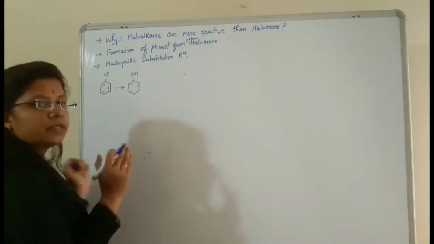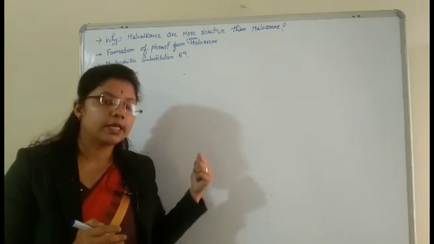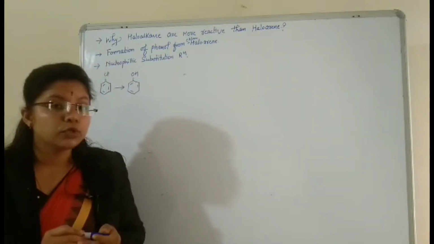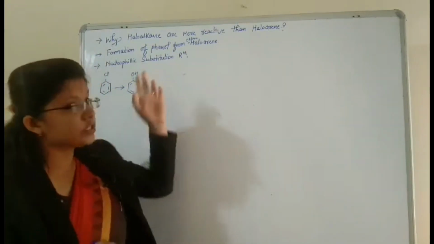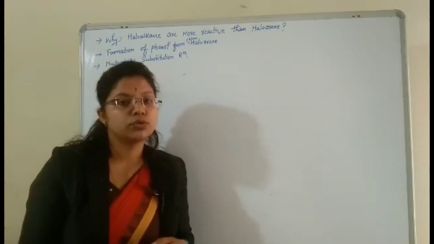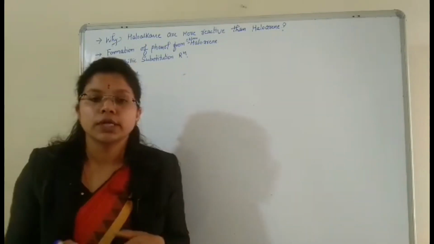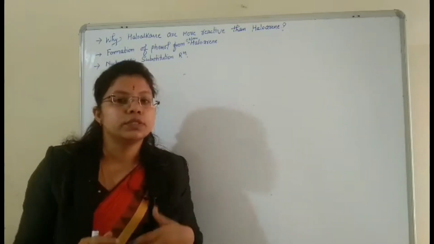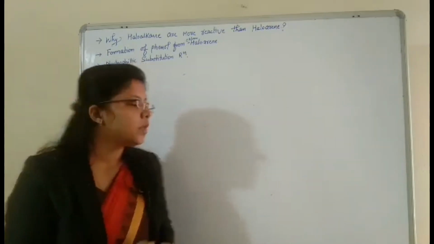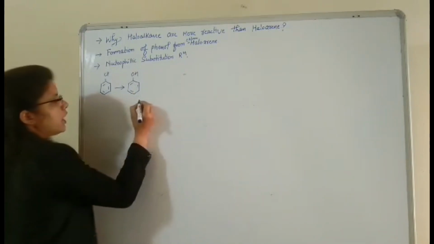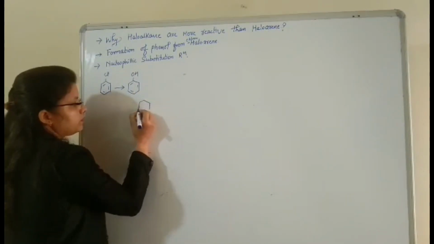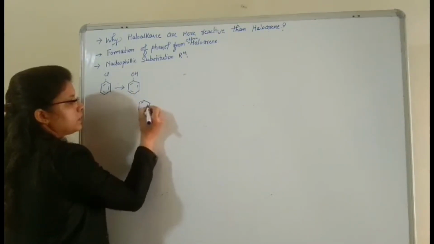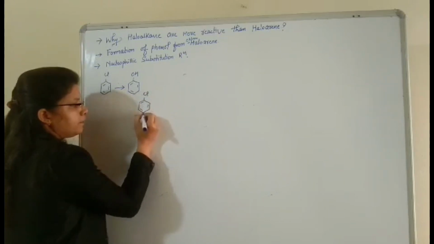So to understand this concept, with the help of this reaction, I am going to explain the nucleophilic substitution reaction concept also, and this concept also, how the OH group is attacking the ring and how the Cl group is removed from the ring, right? So let's see here. Suppose I have this compound. This is chlorobenzene, right?